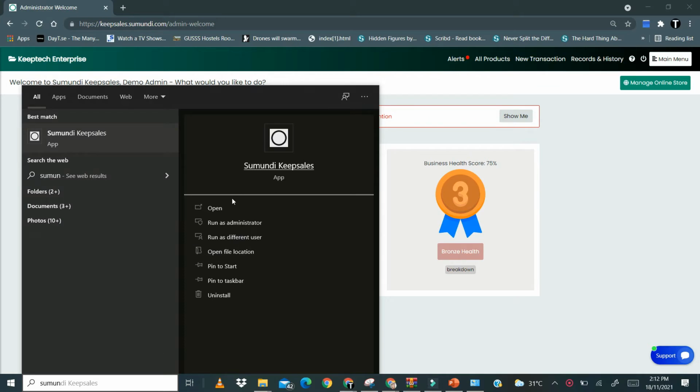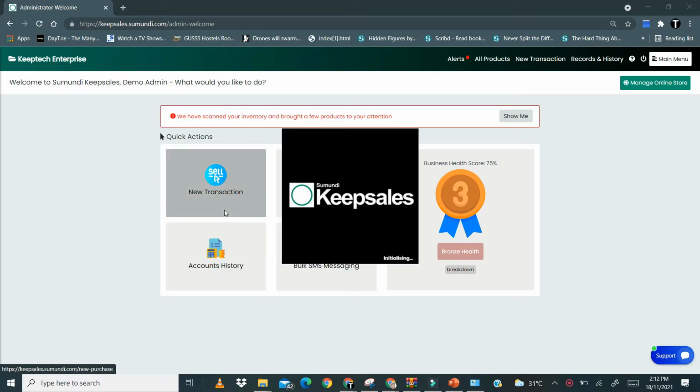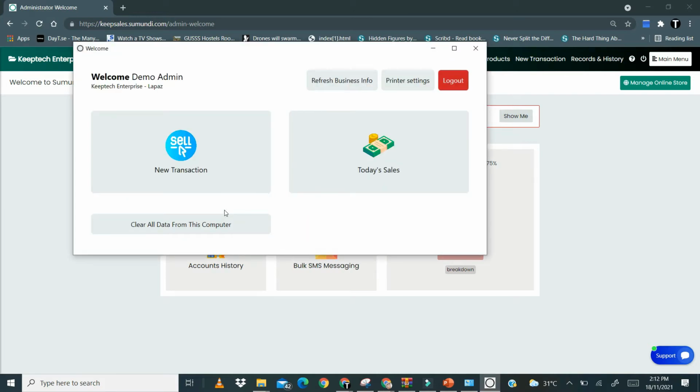So I've closed the app. Okay, I try to reopen it again, and you notice that it takes me straight to the account that is logged in. Okay, so anytime you want to log out, you want to refresh your data,